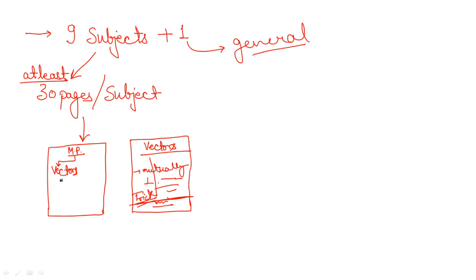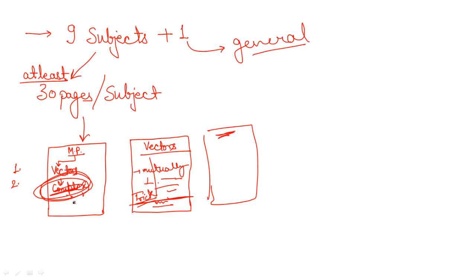Let's say after vectors you want to go for another topic, and that's going to be, let's say, complex analysis. So you will note it down here. Either you can make a list, first point, second point, or you can draw it in the form of a flow chart. Why? Because whenever you write the next topic in this notebook, on the next or upcoming pages, only then will you write it here. Either firstly write the topic, then write it here, then update it here. Why? Because you will get a clear idea from this first page of what topics you have completed in this section, and you will not have any kind of confusion then.